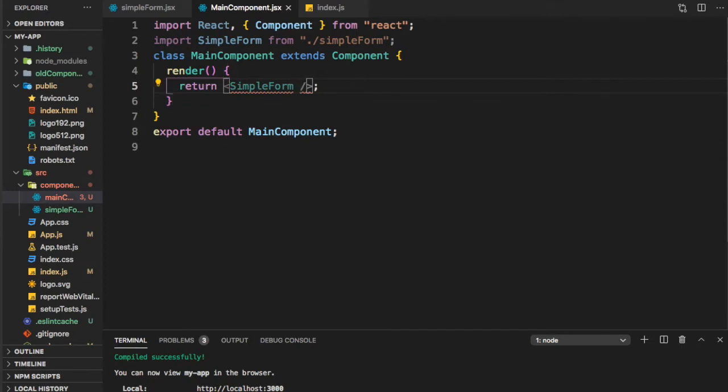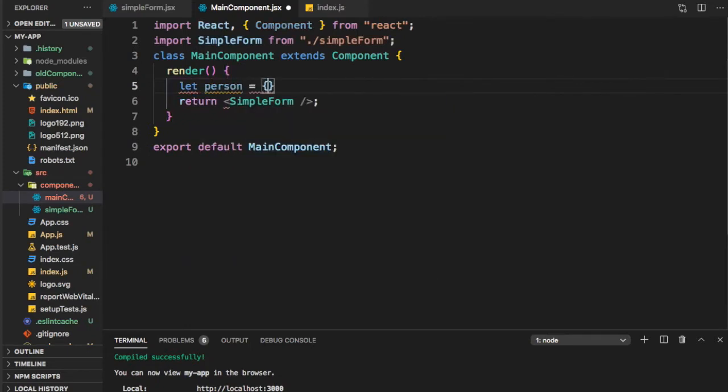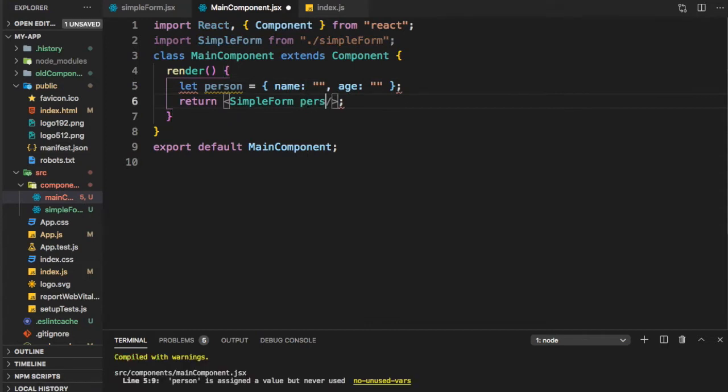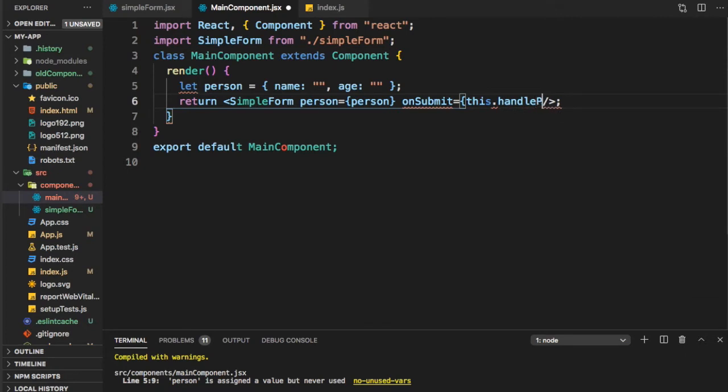So what all props do we want to pass to it? We will just pass it a person. So let me first create a person. Let person equal to, person is equal to person, and the other thing we want to pass is the onSubmit handler. onSubmit is equal to this.handlePerson.